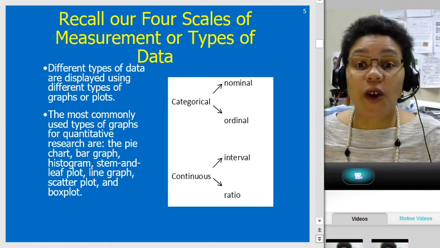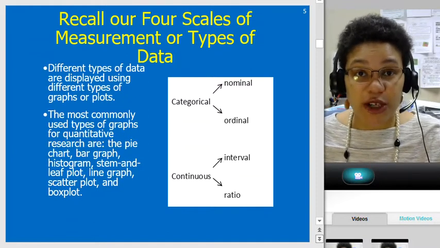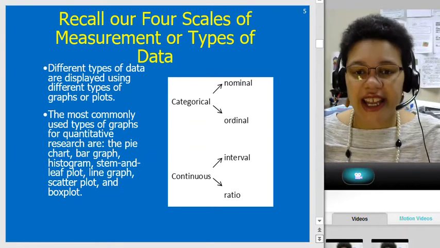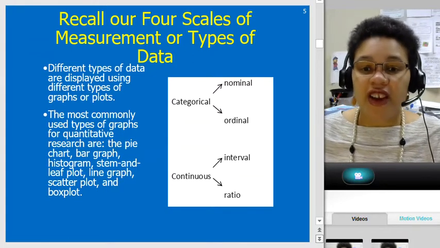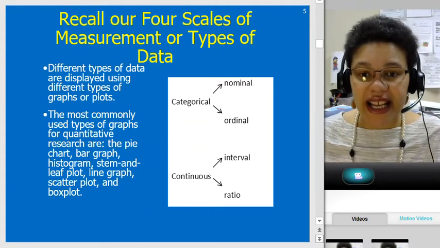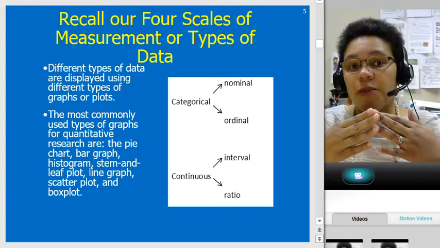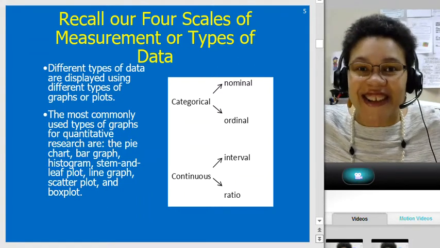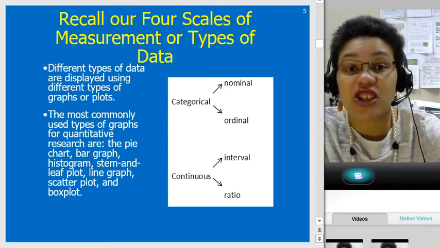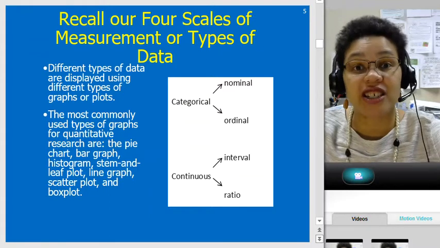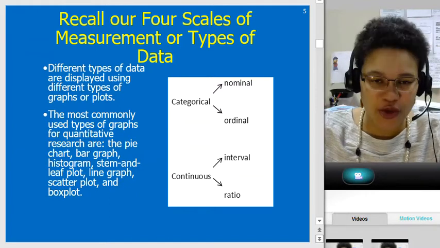So recall our four scales of measurement or types of data. For categorical data, there's nominal, which is just names, right? And ordinal, where there's some kind of order to our categories. For continuous data, there's interval, where there's equal space between a number larger than seven of levels of measurement, right? And ratio, that's a true zero, where four is actually twice as much as two, for example, because there's a true zero. Okay,